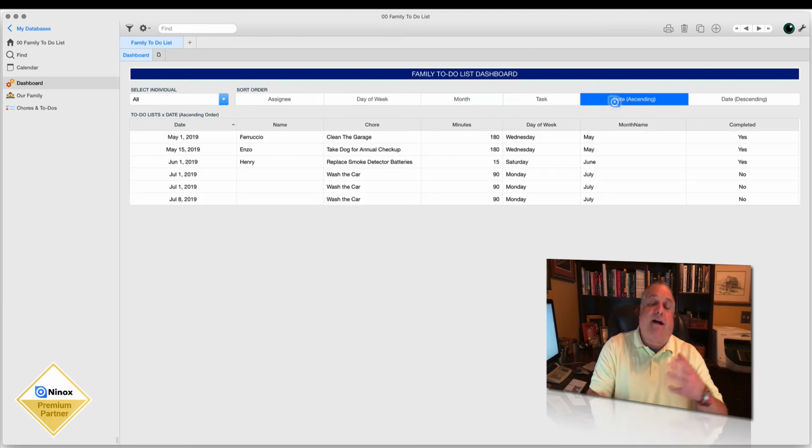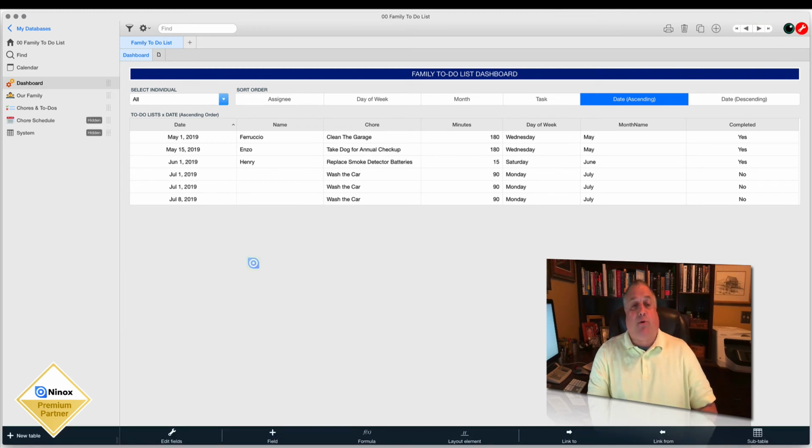So when we talk about interactive dashboards, we're talking about giving the user the opportunity to define what they see and how they see it without them having to actually go behind the scenes in Ninox. This is what we call a dynamic or a user-definable dashboard. User-definable dashboards make use of our choice fields, and here we see 2 of them, selecting what we see in this one